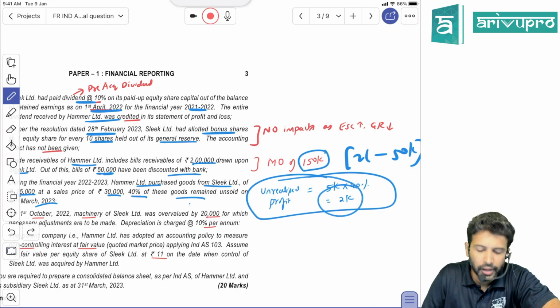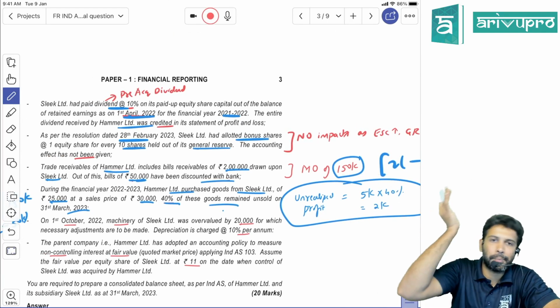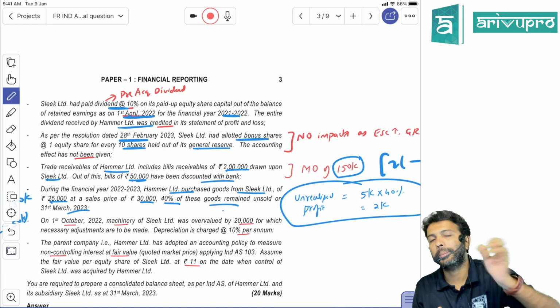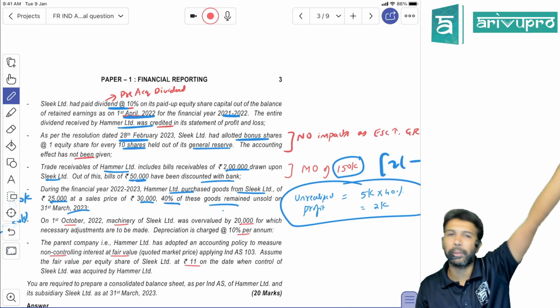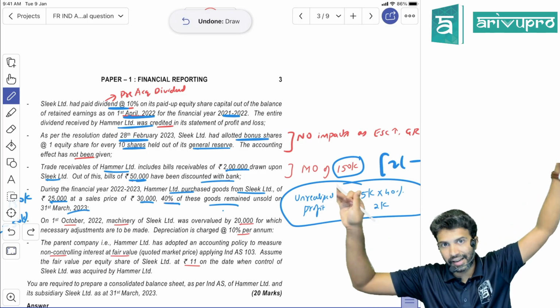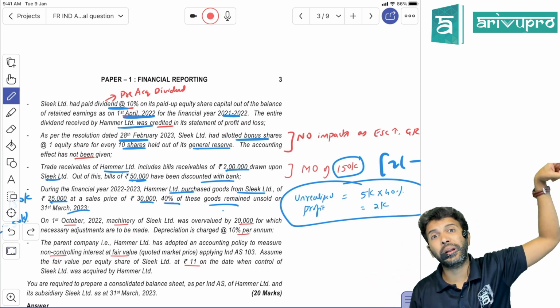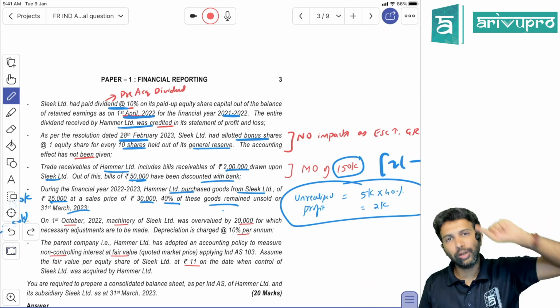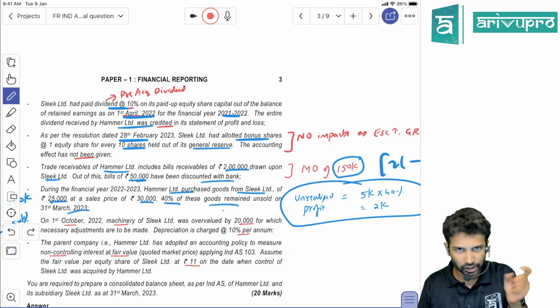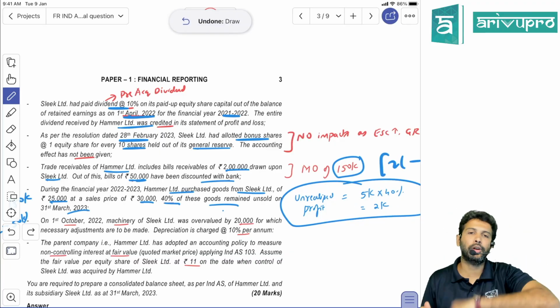This is one effect. And the parent is showing the inventory. Since the sale happened not at cost price but including profit, the parent is showing the inventory including profit. This 2,000 rupees unrealized profit was made by the subsidiary company, and that we eliminated anyway. This profit is also included in the parent's closing stock. So when you prepare the balance sheet, you will show the inventory of the parent. From the inventory of the parent, we have to reduce the stock reserve, or unrealized profit, of 2,000 rupees. That is another impact.